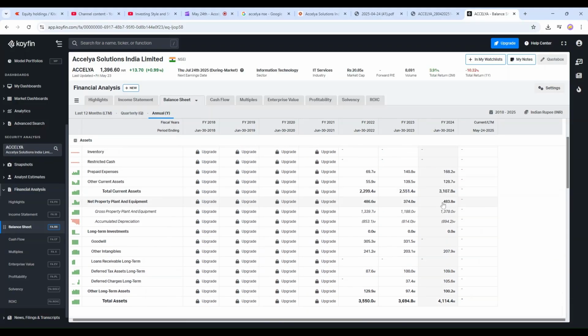There are very few non-current assets, which is mostly property, plant and equipment. They had some goodwill which they had written off. This was the exceptional item. So they would have acquired some company or bought some property, and they had a goodwill of a certain amount which they reassess and write off.